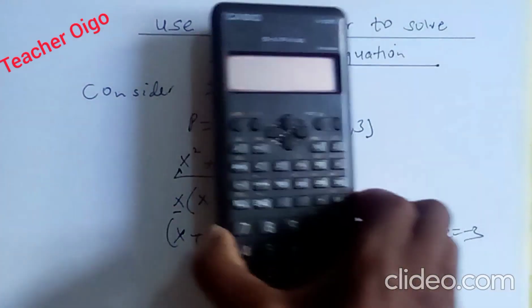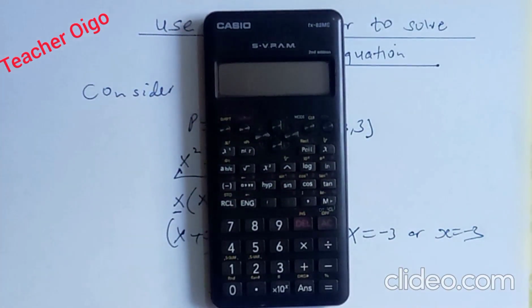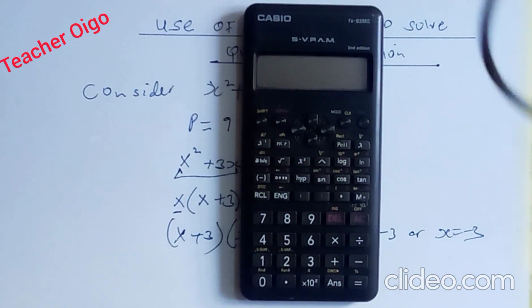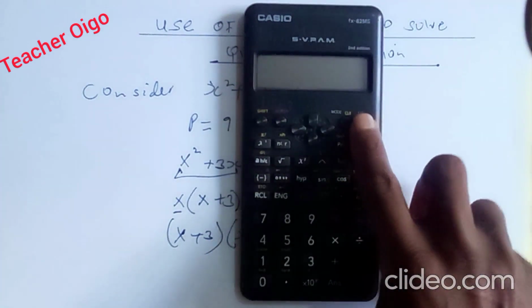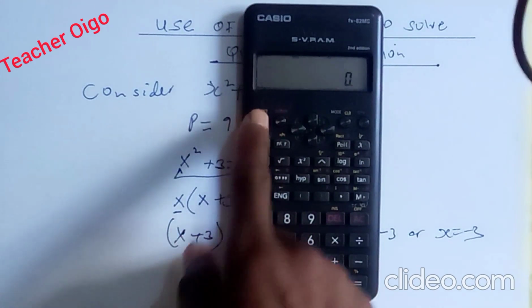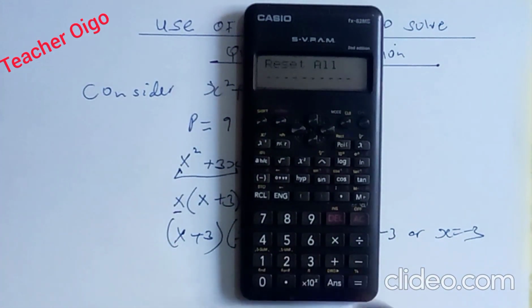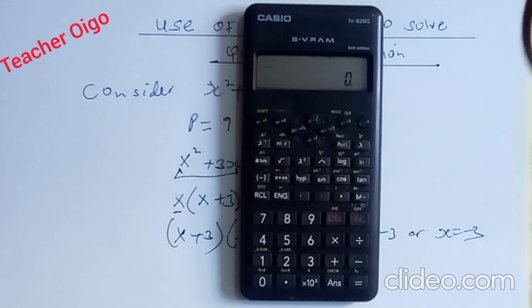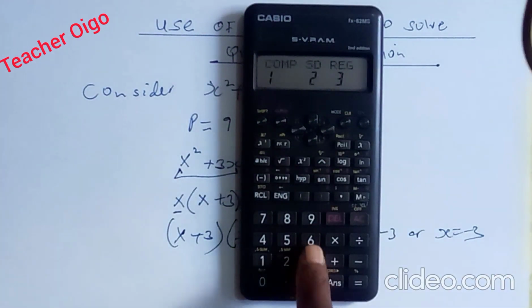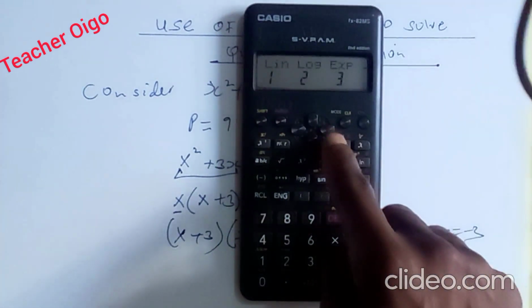On a quick note, I have a calculator which is fx82ms, and I want us to apply this particular calculator to solve this equation. So the first thing you do is to put on your calculator. Once you are there, then we are going to insert that equation. First of all, we can clear the mode so that we know this calculator is good to go. Once you are there, you can go to the mode, then choose 3, which goes to regression,